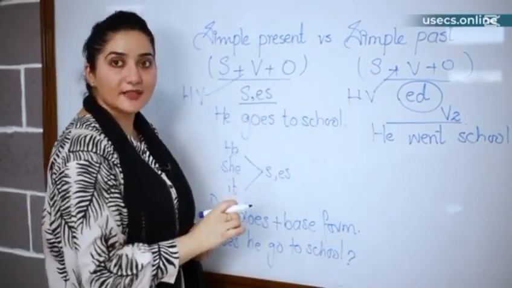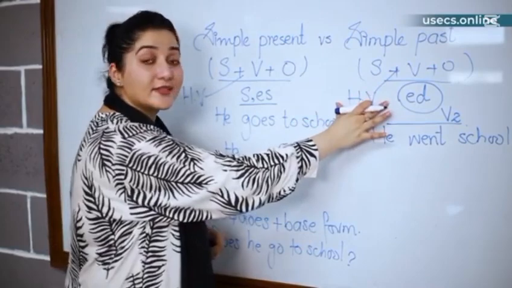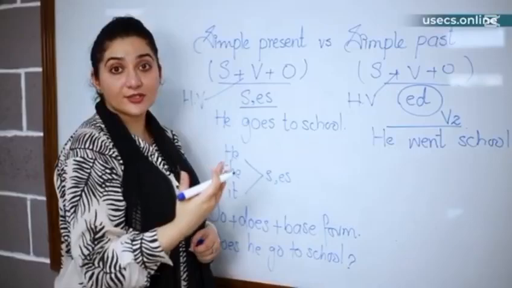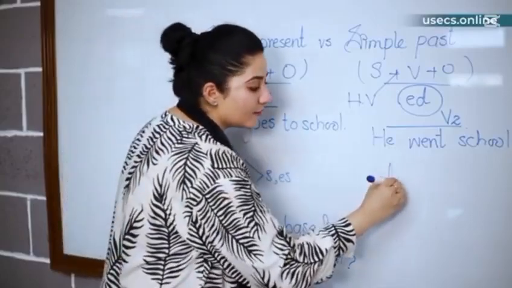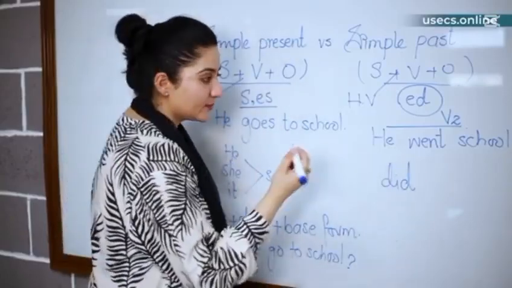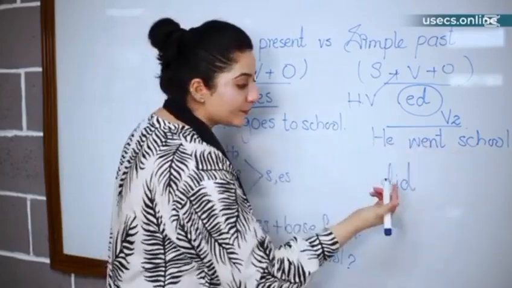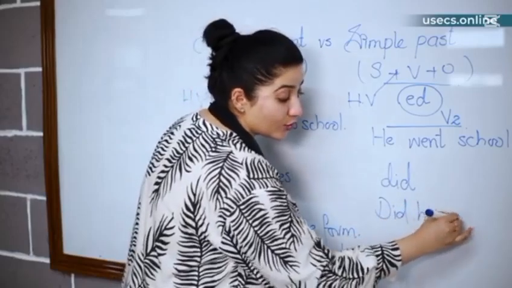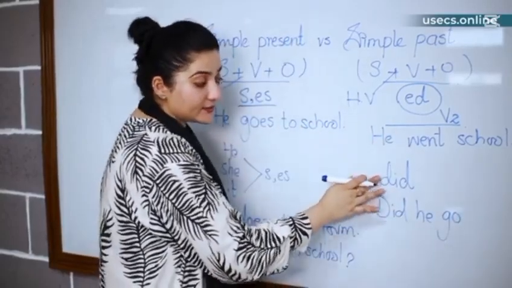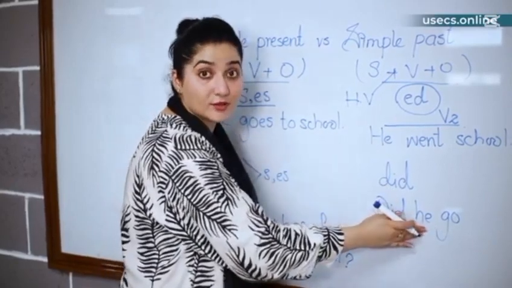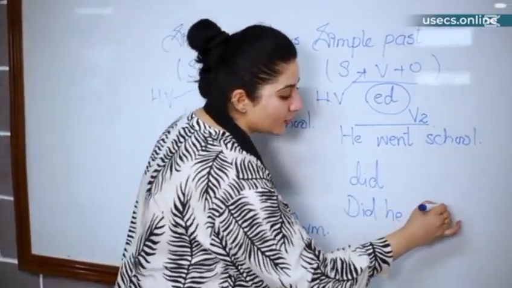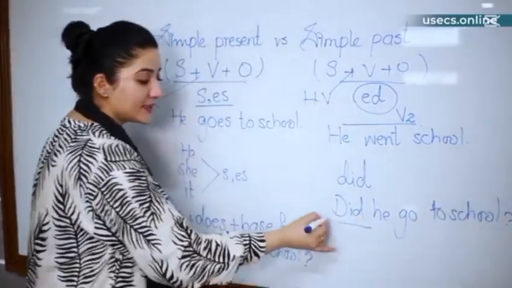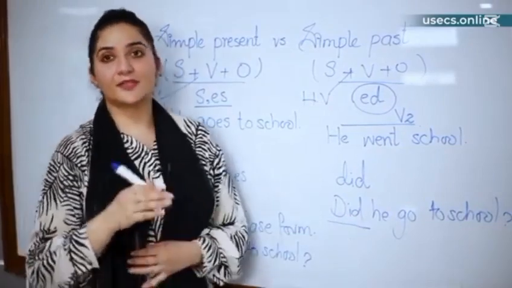Same goes for the simple past tense. As in simple past tense, there is no helping verb before the verb. So in interrogative sentences, the question statement, we use did. Let's make a sentence. He went to school or he went school. Did he go or went? Again, with these, we use the first form of verb, and that is called the base form. So did he go to school? It is a mistake that people usually make. They say, did he went to school?